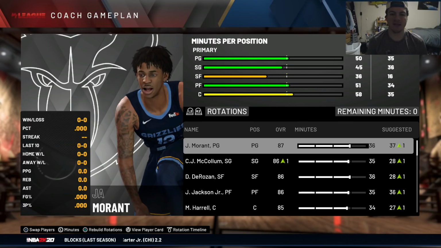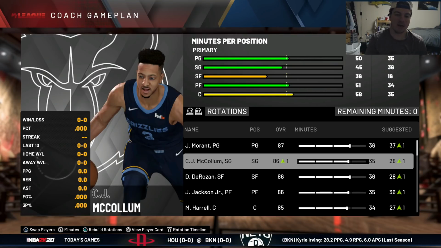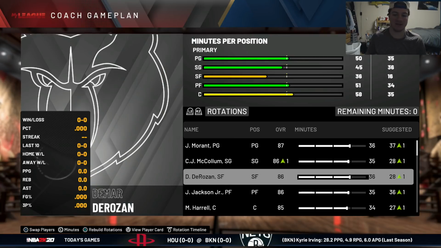So year number 2, this is how the rotation is going to look. Very excited to see how this team can do. Definitely kind of changed up pretty much the whole dynamic of the team. John Morant, CJ McCollum still going to be our backcourt. I definitely think the addition of a DeMar DeRozan, though,